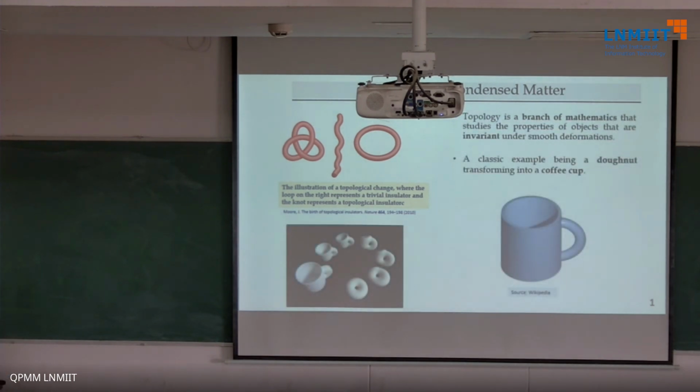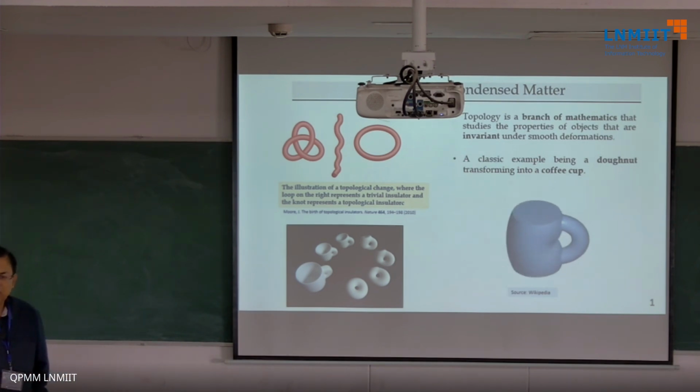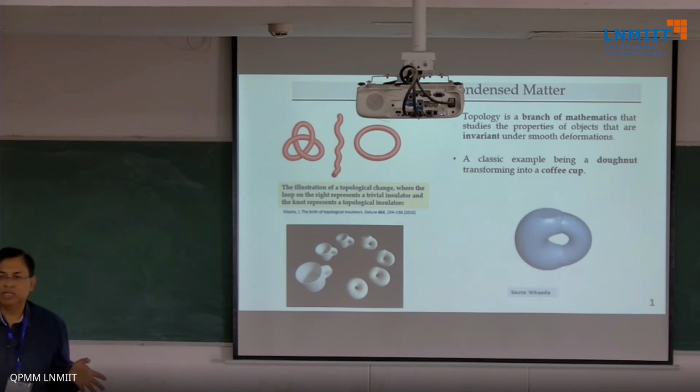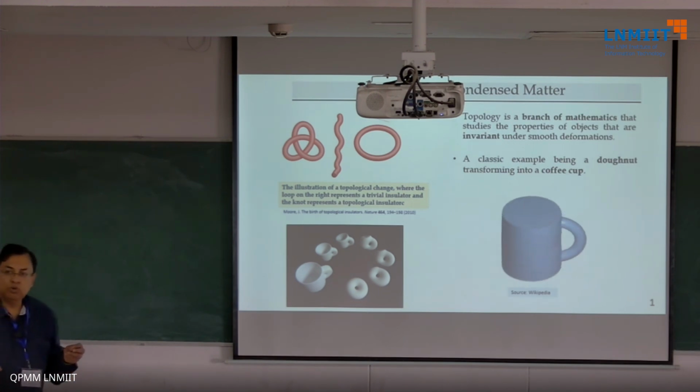So very familiar to everybody, and this is that mug becoming a donut. And what it really means is that there's a smooth deformation where the mug becomes a donut, which means the mug and the donut belong to the same topology class. And if you want to know what it means in condensed matter physics, it means that if you tweak a